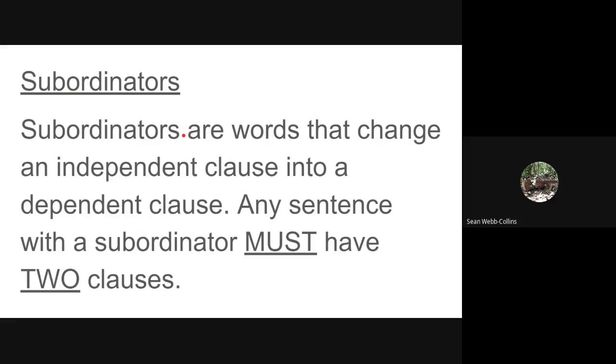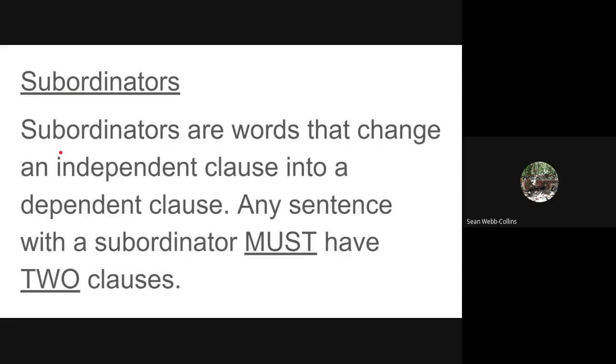What are they? Well, the one that we're going to focus on is the cause and effect subordinators. For example, since and because. Since and because are cause and effect subordinators. We also use subordinators to contrast 2 ideas. For example, although, even though, whereas, and while are all subordinators that we use to contrast 2 or more ideas.